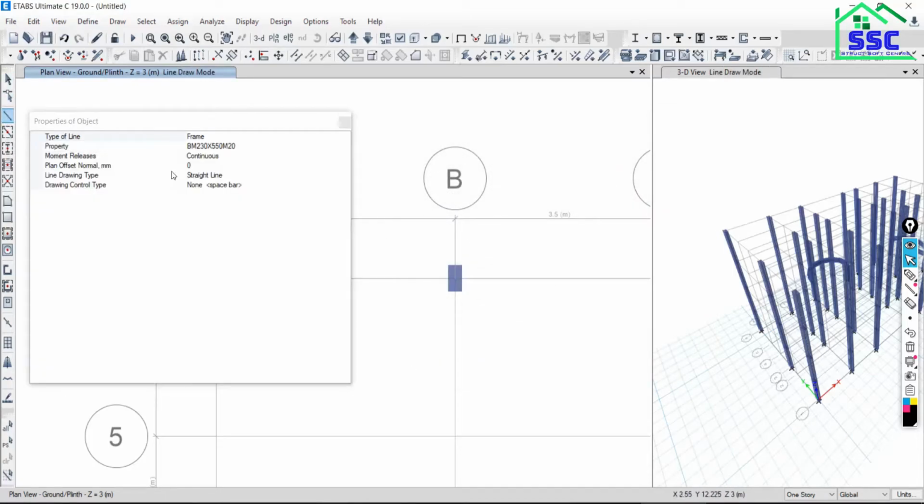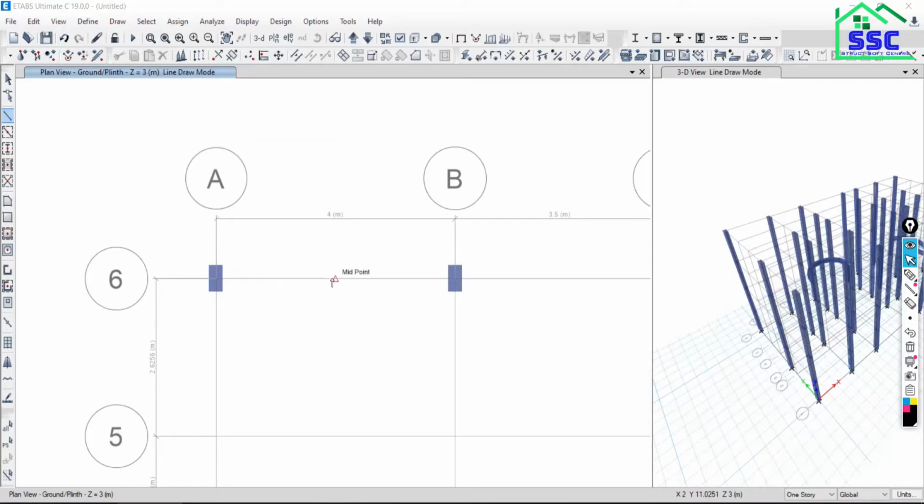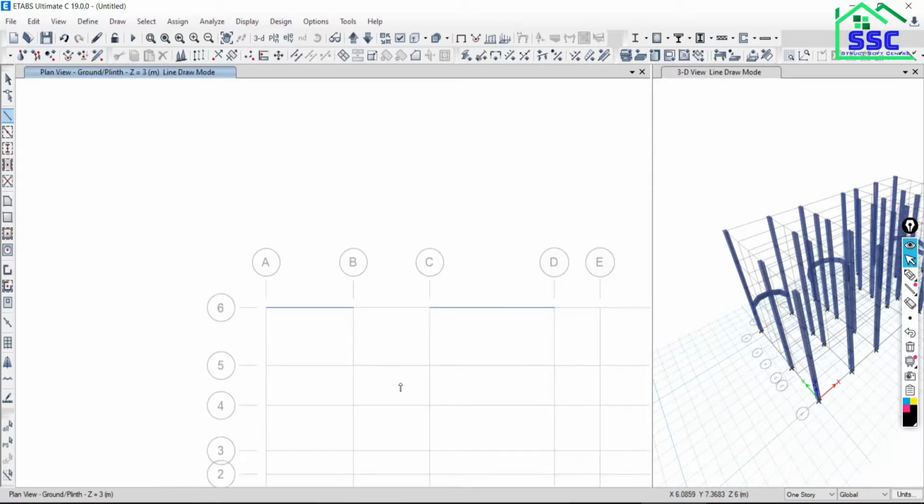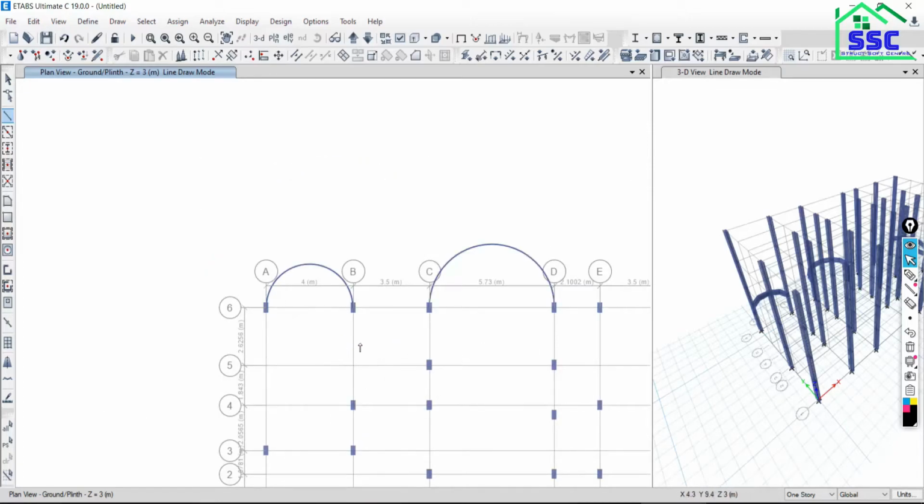Now again take the beam with the option center line 2 points. Okay. So first you have to decide the center point. Once you take the center point, then define 2 end points. So by default your beam is going to model. Is that okay? Suppose you have to model here also, in between these two. So this is the first point, this is the second point. Sorry, we are proceeding with the center. So first define the center, then two end points, this point to this. So the beam is going to model on the bottom side.